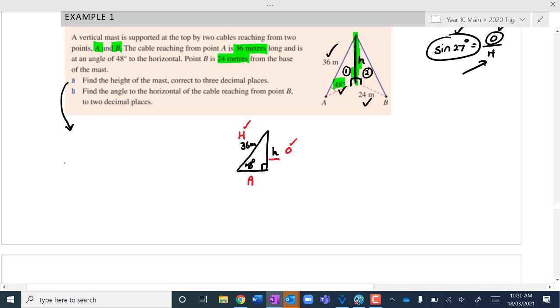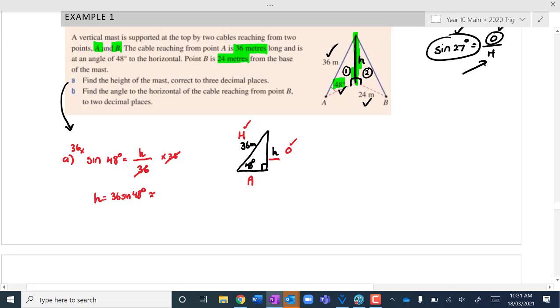So you should hopefully identify that what we want is sine. Sine of 48 degrees is equal to opposite, which is h, over the hypotenuse, which is 36. Now, if I had something divided by 36, we can do the opposite of that. Times it by 36. That's the long way, okay? Because that's obviously going to cancel it out, isn't it? So we're looking at h is equal to, in your CAS calculator, 36 sine of 48 degrees,